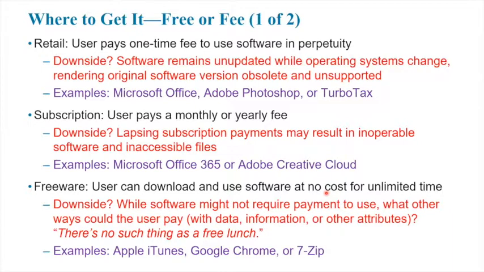Software that you buy once might no longer have updates, whereas the operating system that your computer runs will update. So eventually there becomes an incompatibility between the software, which is obsolete and unsupported, and the operating system, which remains current. Some examples of this retail pricing scheme: Microsoft Office, the standalone client version,